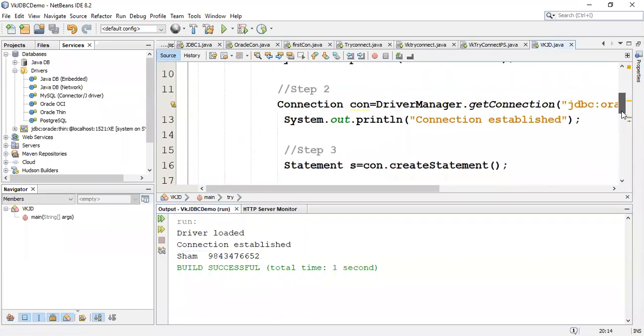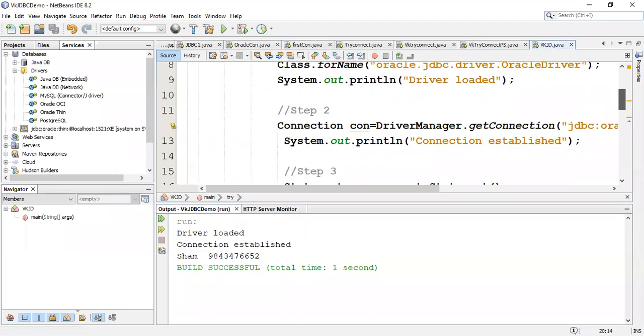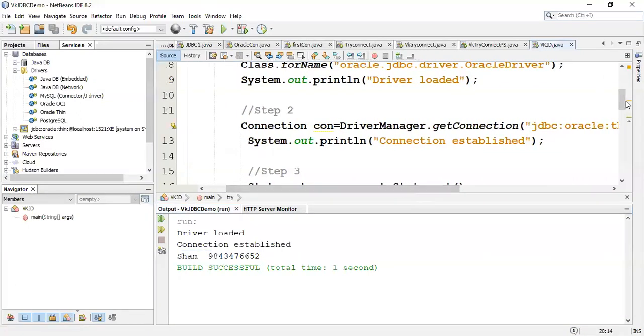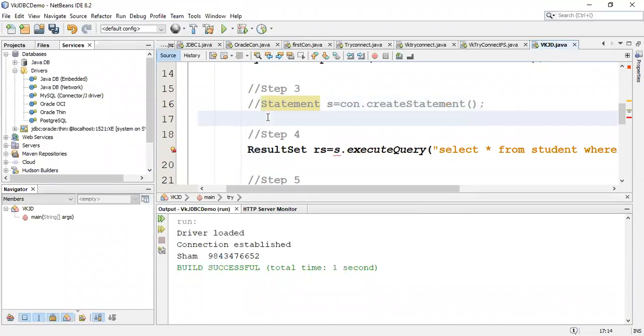Now the same program I can modify to prepared statement. If this is clear to you, should I switch to prepared statement? Yes, ma'am. Will there be any confusion? No. Yeah. So I will take you down to the statement part that I have to change. I'll comment this part. What all changes do I have to do? I have to use prepared statement. Why prepared statement is used, I'll tell you that. So PreparedStatement ps. Instead of normal statement, I'm using prepared statement.